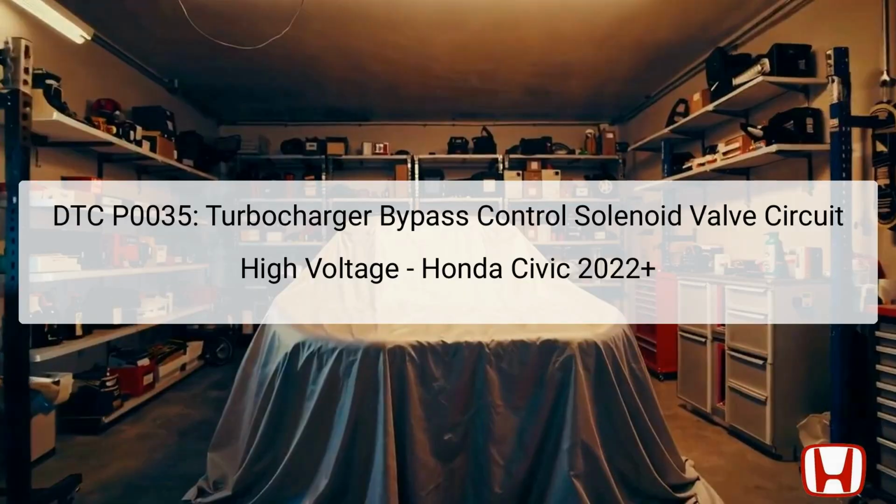The diagnostic trouble code P0035 indicates an issue with the turbocharger bypass control solenoid valve circuit experiencing high voltage. This code signals that the powertrain control module, PCM, detects an open return signal, which should normally suggest that the valve is closed. If the PCM sends a close command while the return signal remains open, it interprets this inconsistency